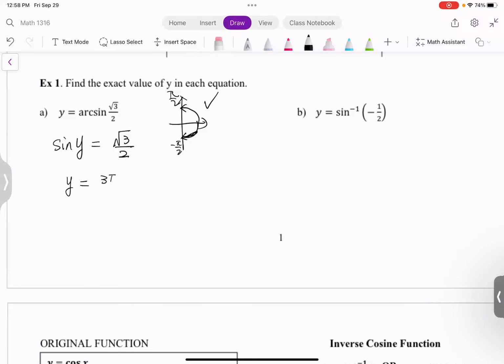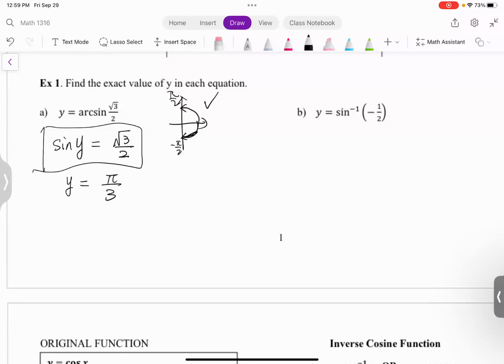That's pi over 3, or 60 degrees. Okay, so let's do the conclusion. First, I converted to the sine function, switching the y and the value. And second, I will